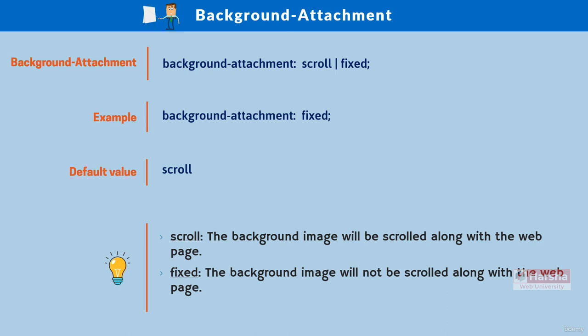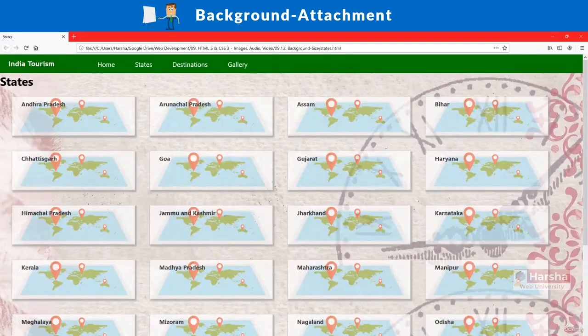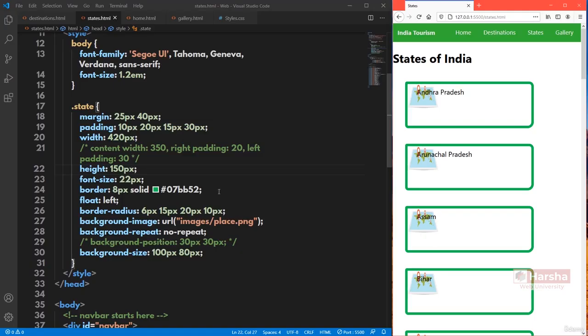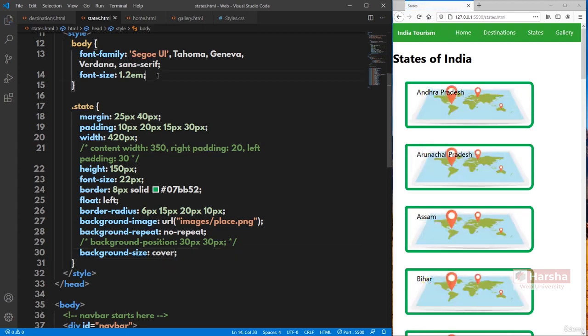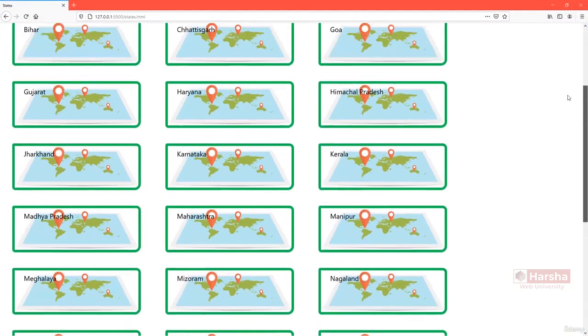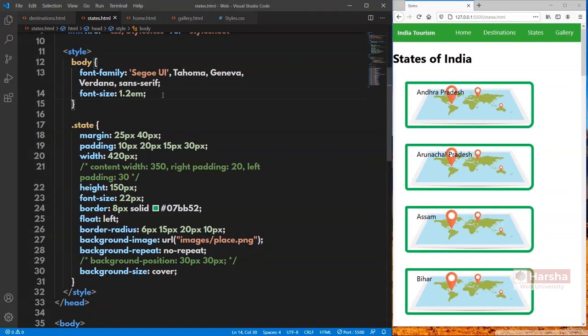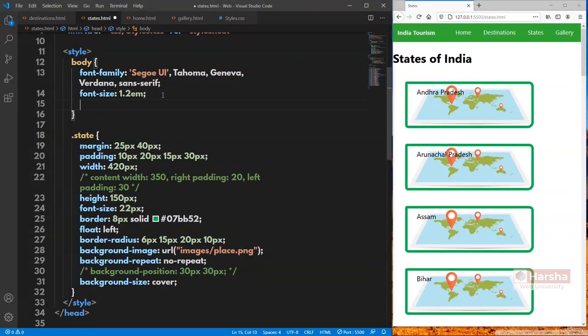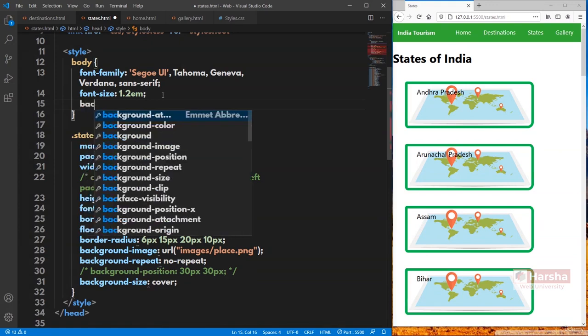Don't worry, you will understand this only when you see it visually. So let me demonstrate the background attachment property by applying the background image for the body tag of the states.html file. So I am writing the code in the states.html file. Let me make this background size as cover as usual. And let's apply background image for the body tag. That means I wish to see the background image for the entire web page. So coming to the body, here body represents the complete web page. So in the body,